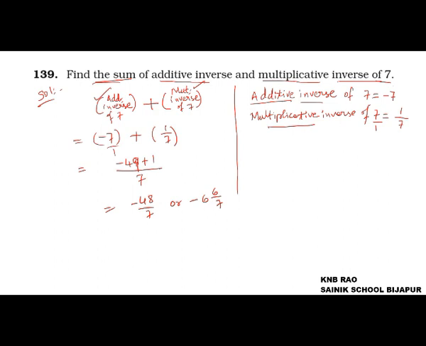Next, question number 140. Find the product of additive inverse and multiplicative inverse of minus 1 by 3. Students, in the last class, we were asked to sum. Now we are asked to multiply. What is to be multiplied? We are asked to multiply